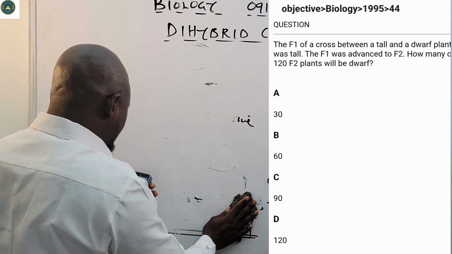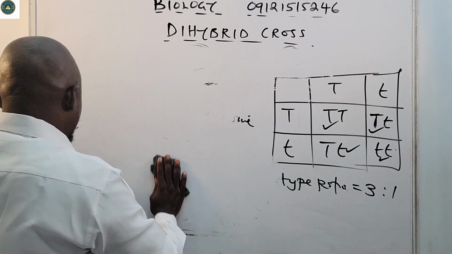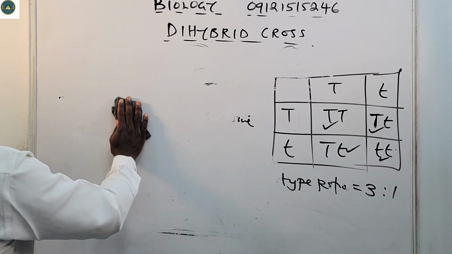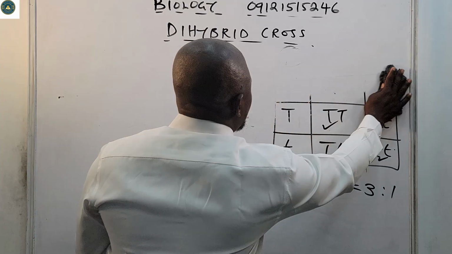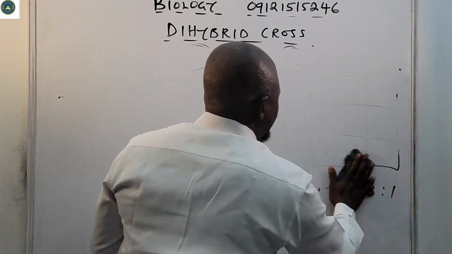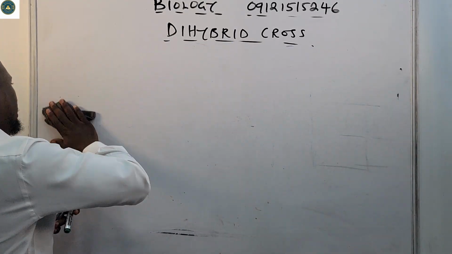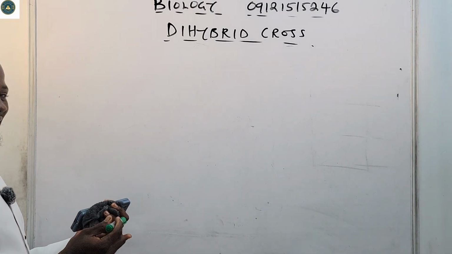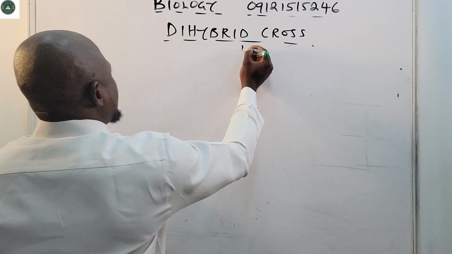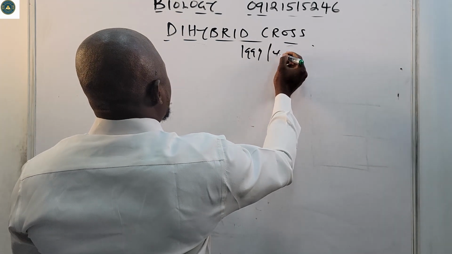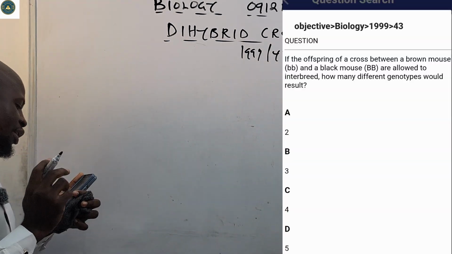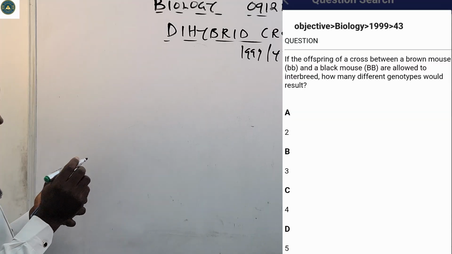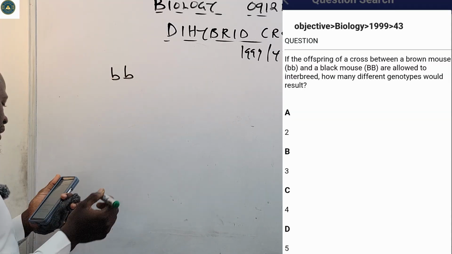Now this is 1994. The first one we saw was 1995, number 44. Now this one is 1999, number 43. It says that if the offspring of a cross between a brown mouse, given as bb,